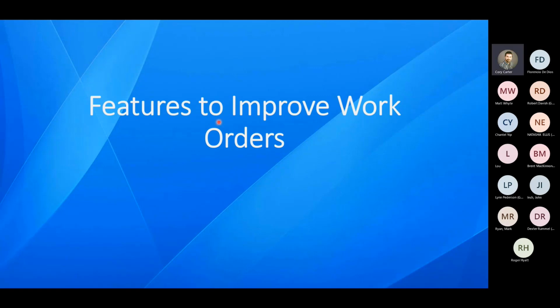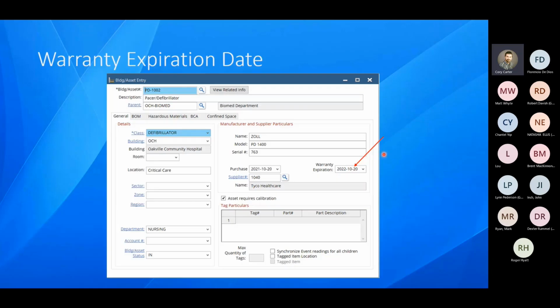The next thing we're going to talk about, I mentioned some features to improve your work orders. When I say features to improve your work orders, these are things that are on your asset entry screen that will carry over into your work order with some added benefit. So the first one is the warranty expiration date. And if you're lucky enough to be getting new equipment, and you have some equipment that is still under warranty, then you can put that warranty expiration date in,